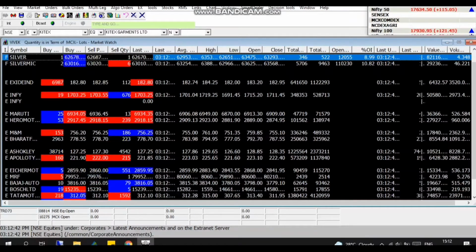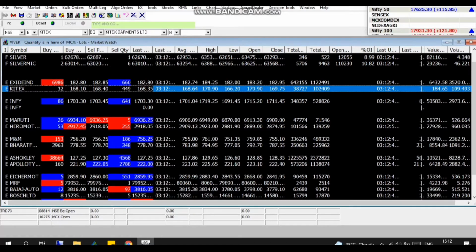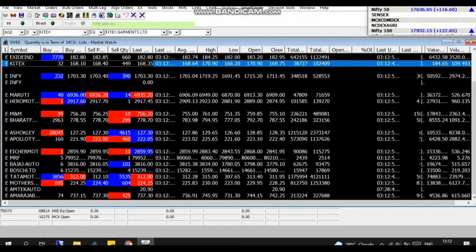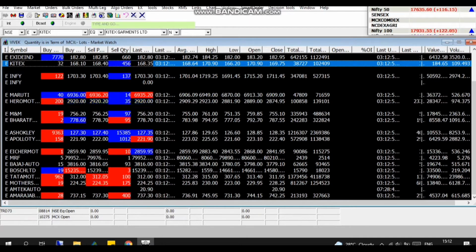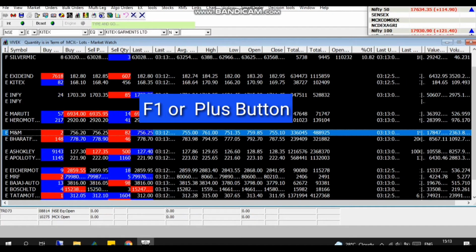Now I have arranged my market watch accordingly. Once you are done, kindly give save once again and save the portfolio. So next time whenever you want, you can just click on that portfolio and open it.